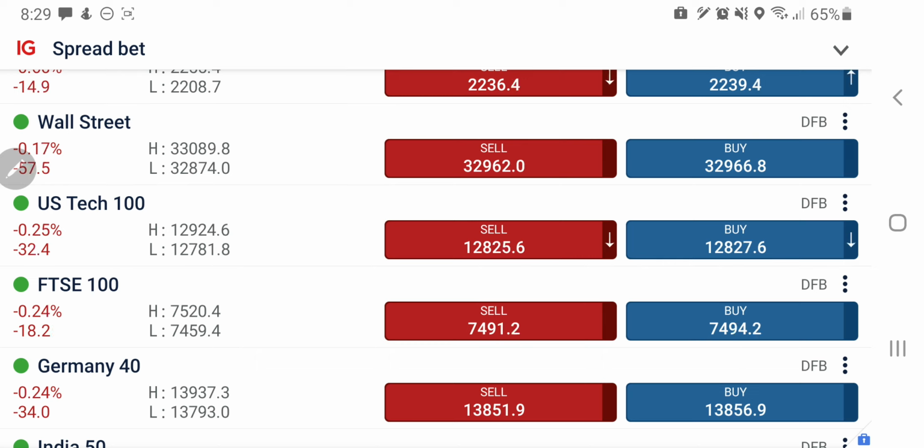See, Germany 40 trading again below crucial levels 13,800, which is going to be critical support. Below that, we may see a sharper fall, but we are going to look here again with the help of